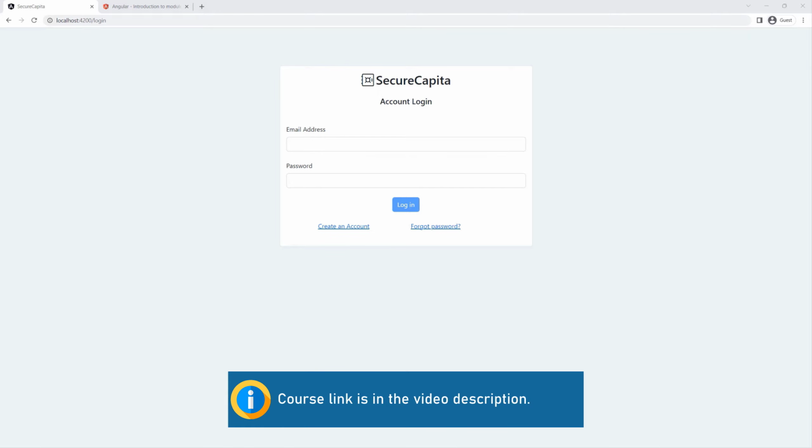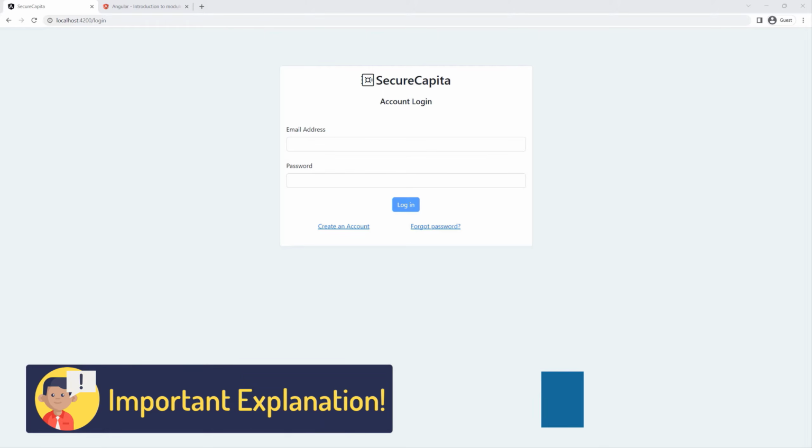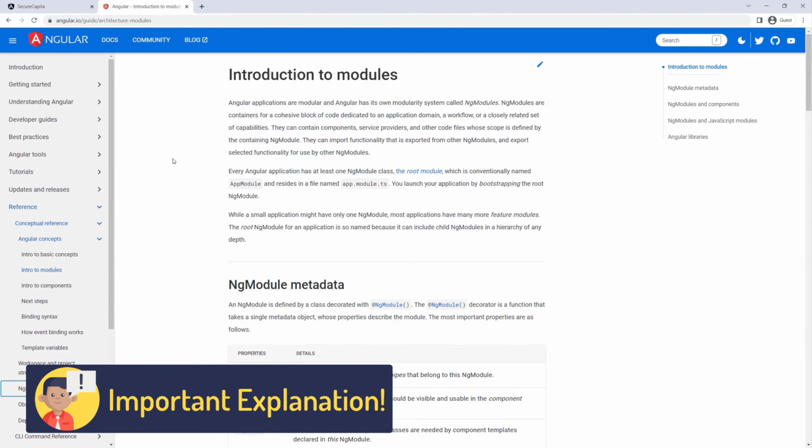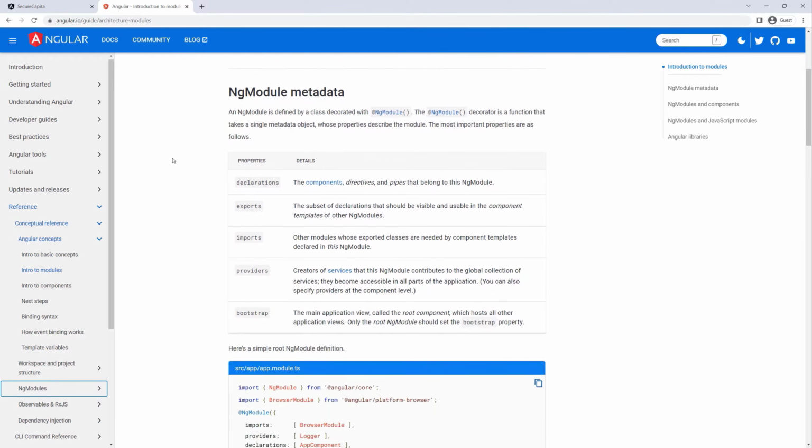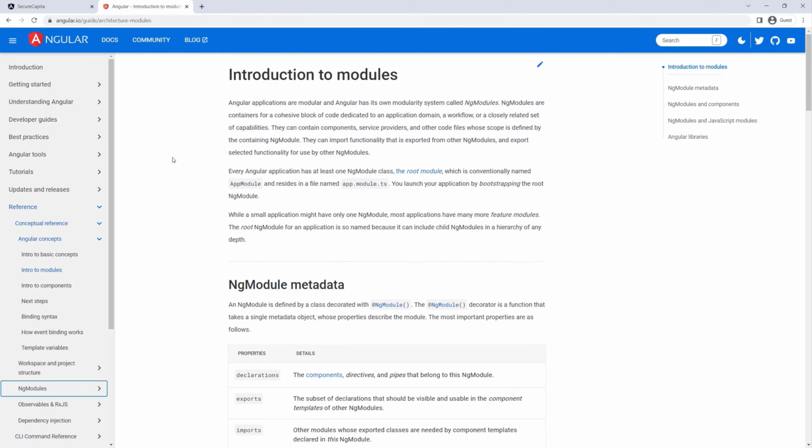I'm going to be showing you how to break your application into different modules in Angular. And I want to start by just going to the official documentation for modules and show you that page so that you can go ahead and read it. Obviously, we're not going to read the entire page, but technically a module is a grouping of related functionality